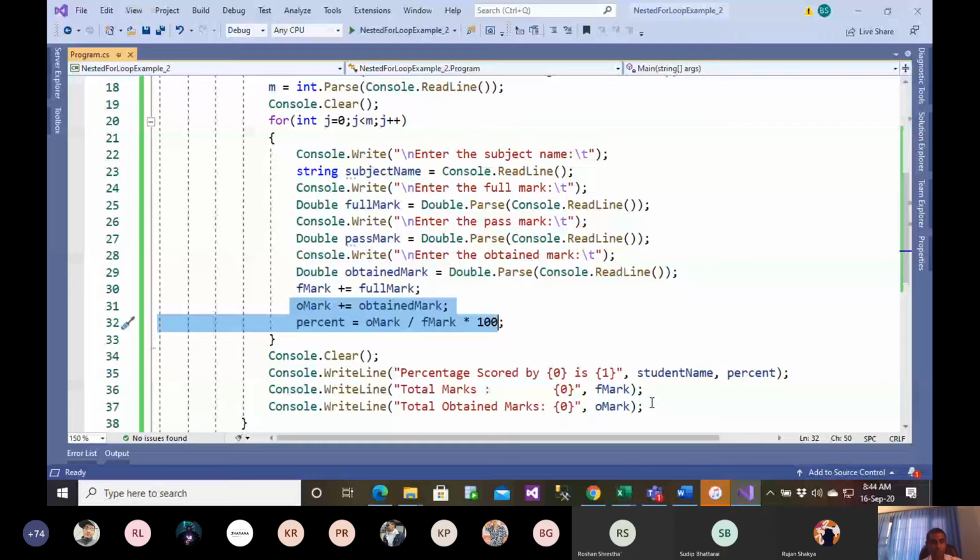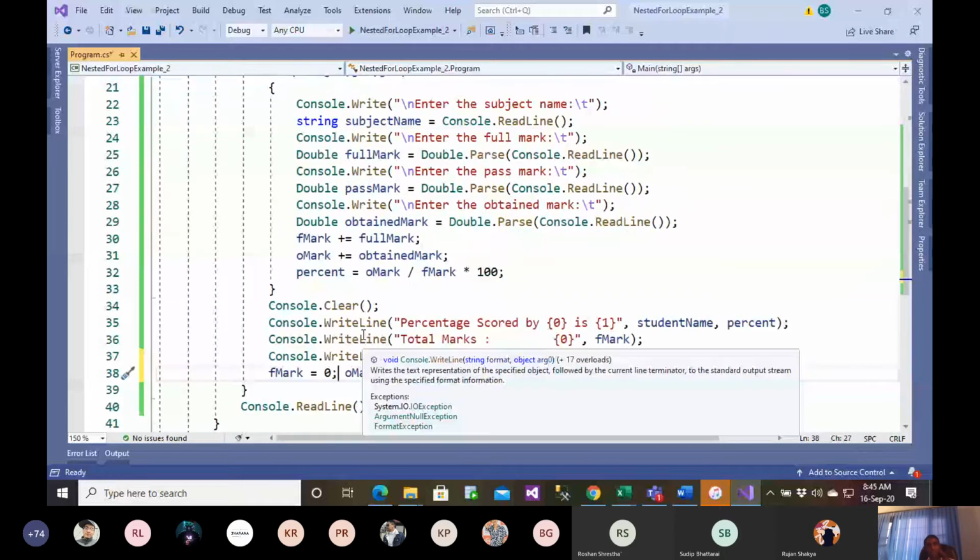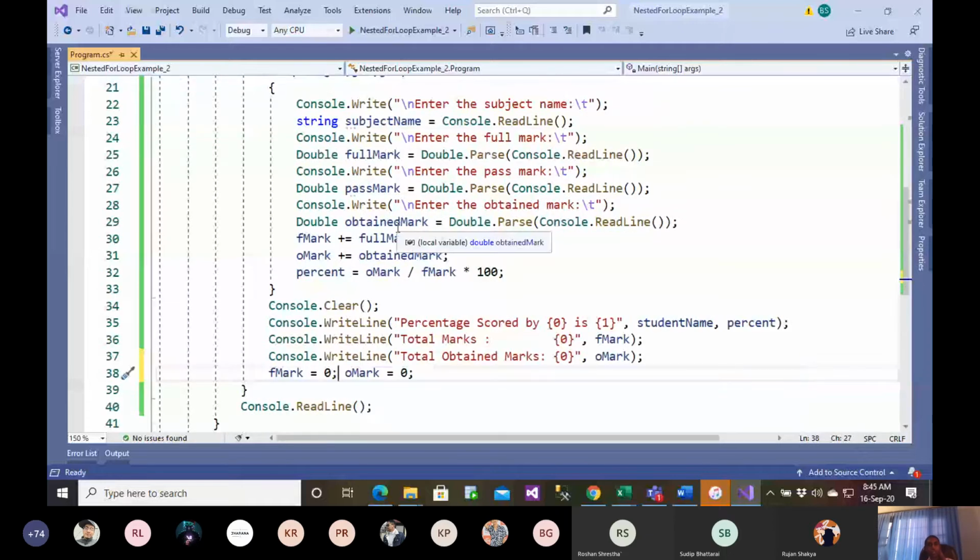So here I need to set full mark equals 0 and obtained mark equals 0. Then only you will be getting the appropriate values. I need to reset the values for each candidate here.